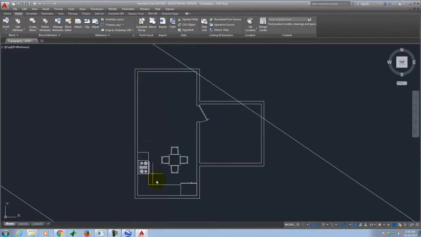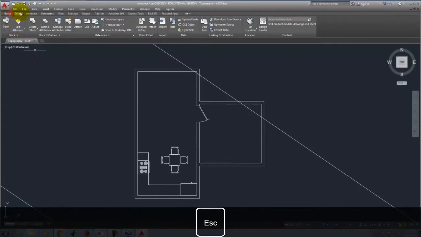Now I want to add a little bit of texture for the floor itself. And so we're going to use something called a hatch pattern. AutoCAD will fill in regions, contained objects, with something called a hatch. And if you remember back to your 130 days, you may have had to do hatching where you cut through something, right? Which basically means it's a series of lines that fill in what has been cut through in an object. And so if we go and type hatch,